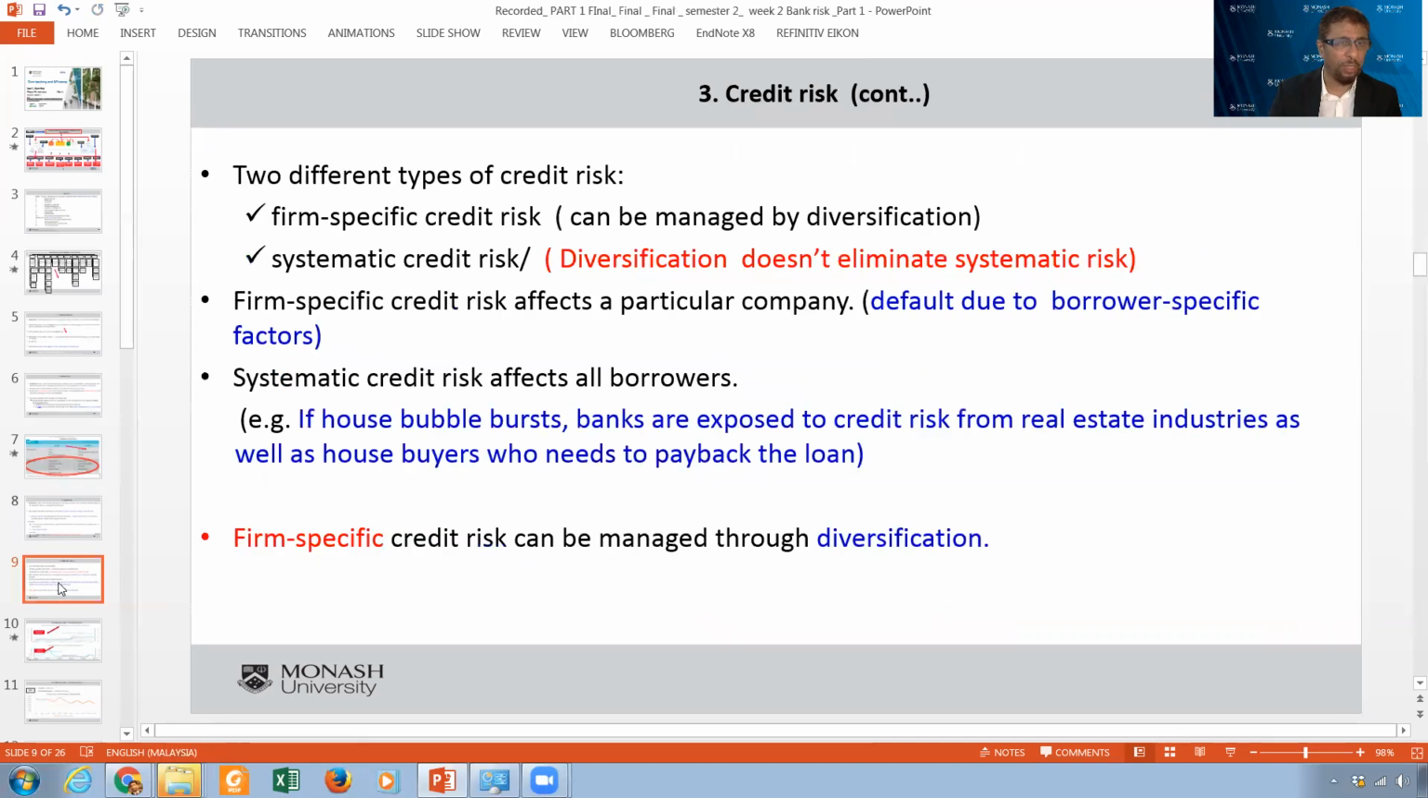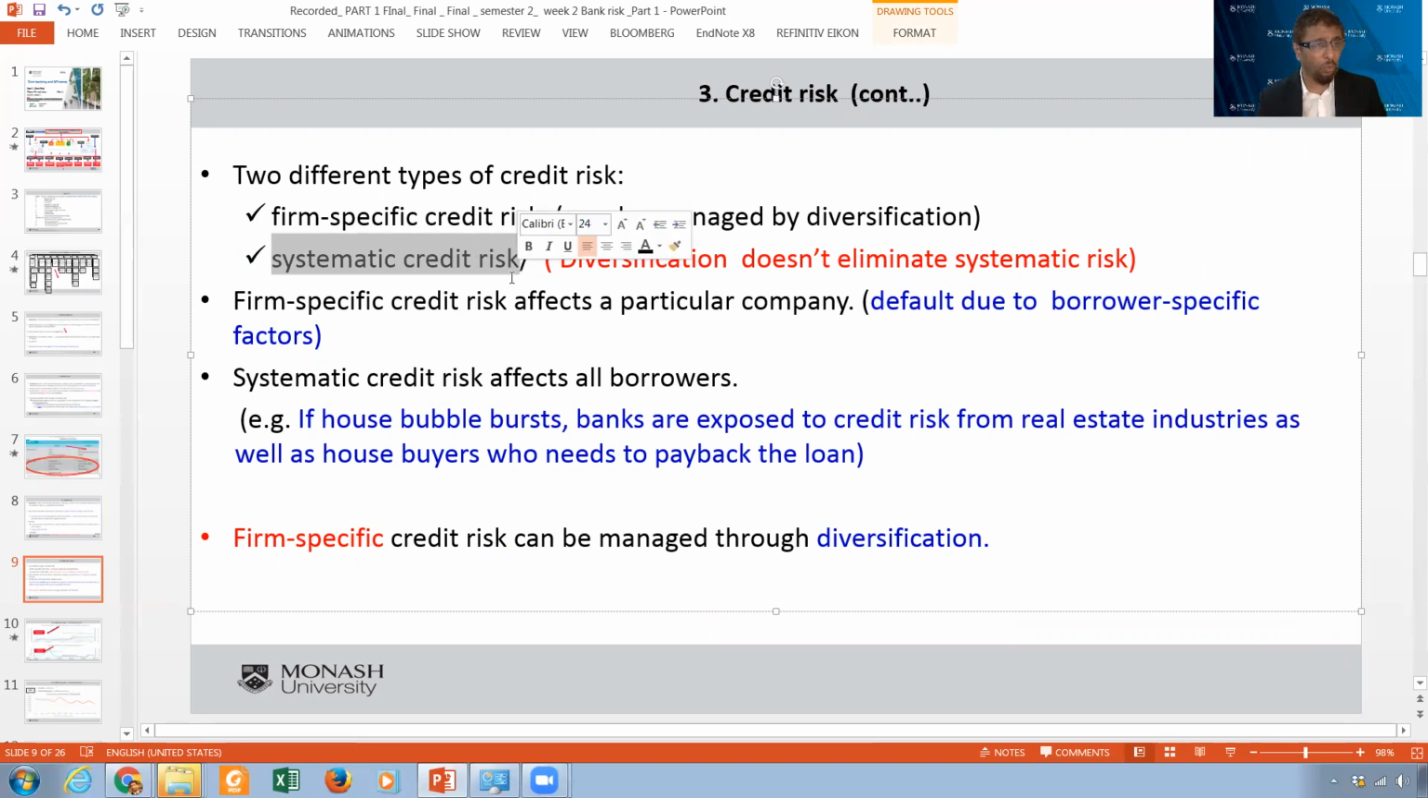Okay, let me go now to continue with the credit risk. Another classification of credit risk is firm-specific credit risk and systematic credit risk. Let me explain it to you here. When we talk about firm-specific credit risk, it is a risk related to that individual company. For example, if you buy bonds from Apple, which is a huge technology company,